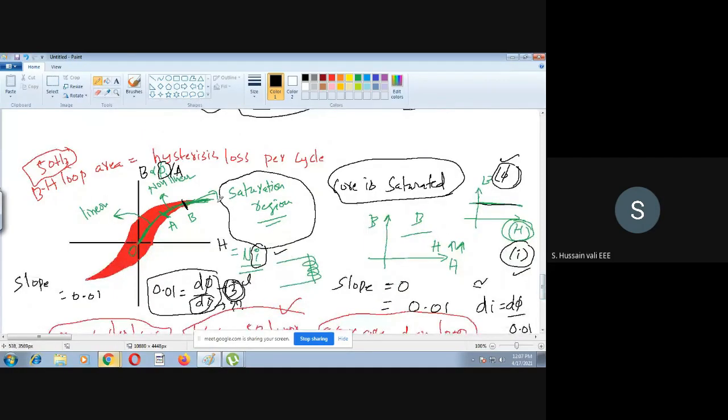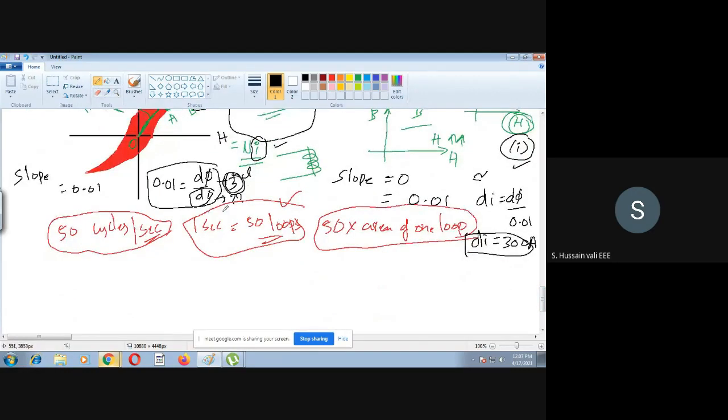Because you are operating the transformer, or the magnetic core, in the saturation region. When you operate in the saturation region, if you try to increase the flux even by a small value, then it will draw a very large current. How large? You have seen one simple example here. If I want to change d phi by a small value, 3 is a small value, how much current will it draw? It will draw 300 ampere. See what is happening here. Where is the 3? Where is 300? There is a 100 times difference.